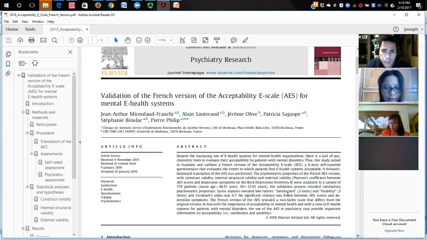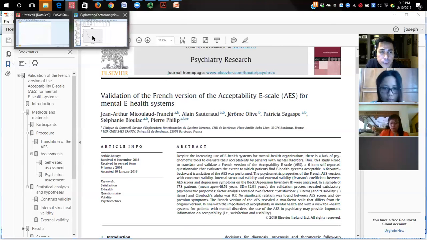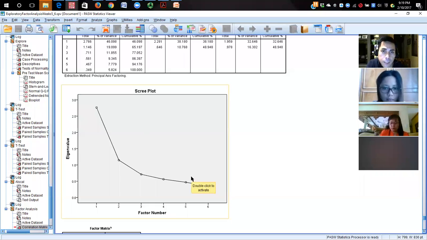So in the French version, they have satisfaction subscale and they have usability subscale. And in our report back that we published in the Applied Journal of Nursing Research, we only have one factor, and that was the acceptability scale. So this is quite puzzling to me, but perhaps what I have is